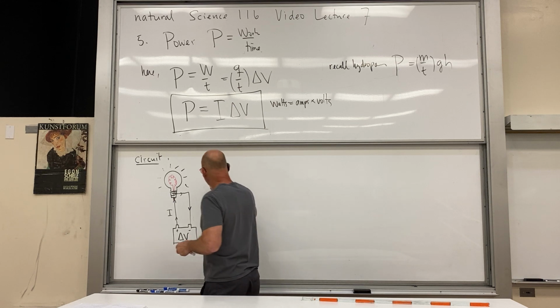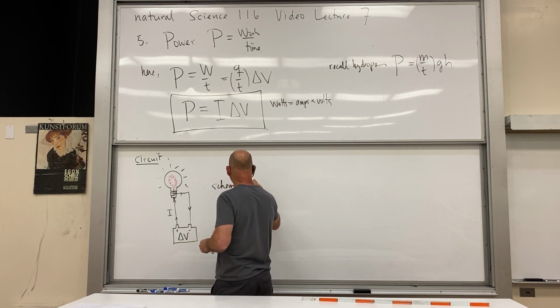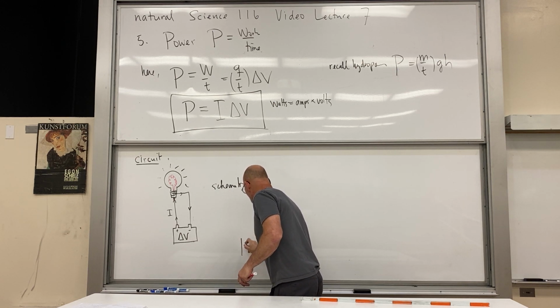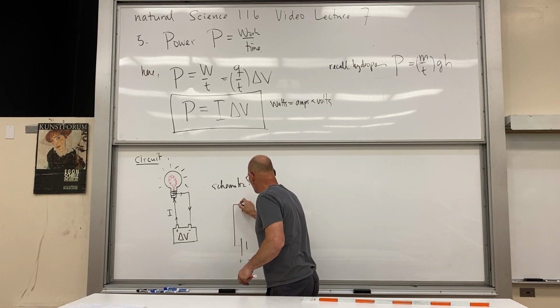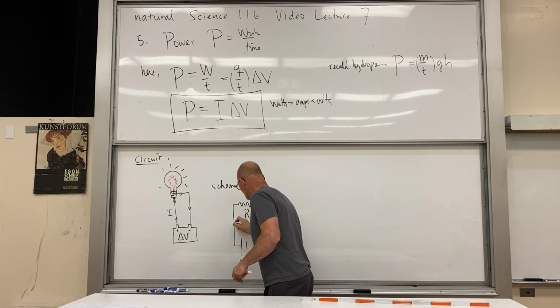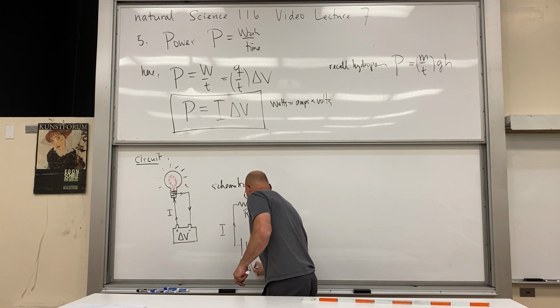Okay, schematically, what does this thing look like? There is a battery, there is a wire, there is what we call a resistor or a resistance. Same thing, we have current, we have delta V,